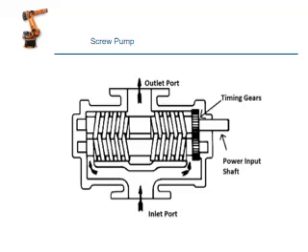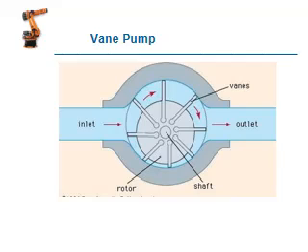This is a screw pump. One is an idler screw, another one is coupled with the motor. If power supply is given, the screw is rotated. Based on the screw rotation, a vacuum is created there. So the oil enters from the lower level to the higher level. Then in between the screw, the pressure is increased to a higher level.